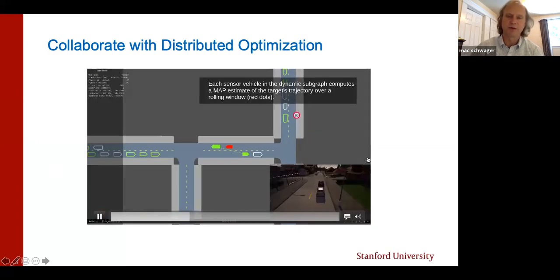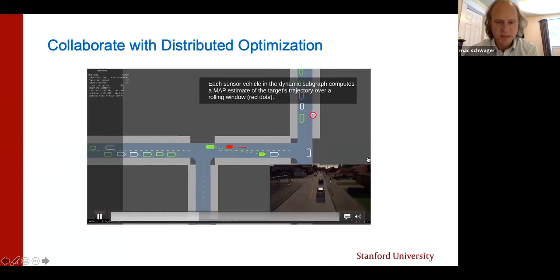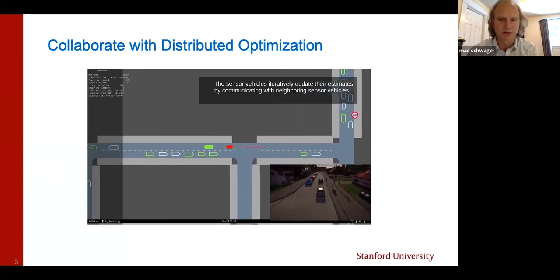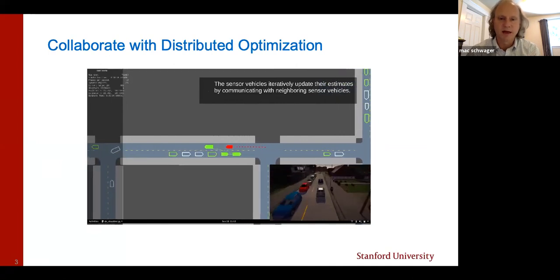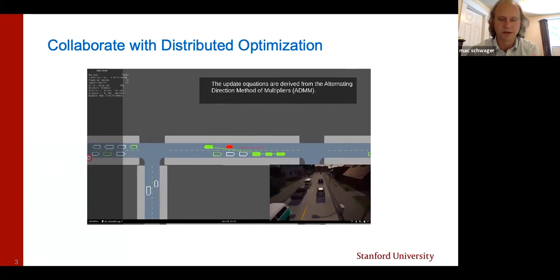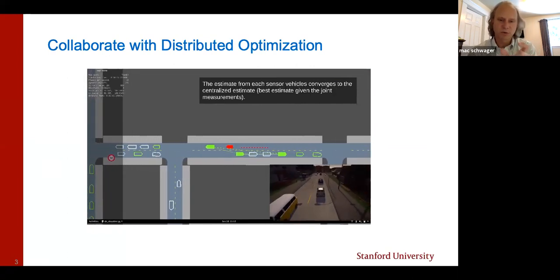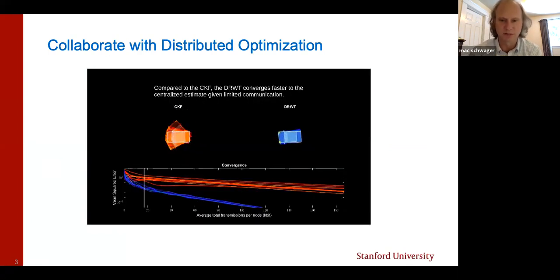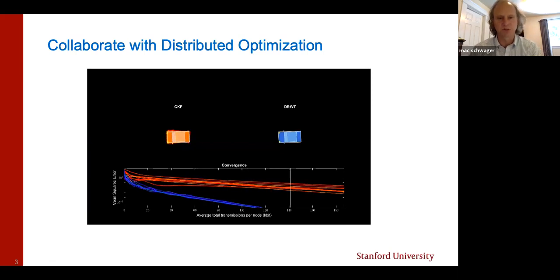Our algorithm works as follows. Say two cars or a small clique of autonomous cars are observing the same target, in this case, that red vehicle. The little dotted lines that link the green vehicles indicate this little clique of their local network. So those vehicles work together, they share some variables with one another, and they co-estimate the location of this other vehicle that's not part of the network. And the key result that I'm going to show is that our algorithm converges a lot faster than state-of-the-art algorithms, which are largely based on the Kalman filter.